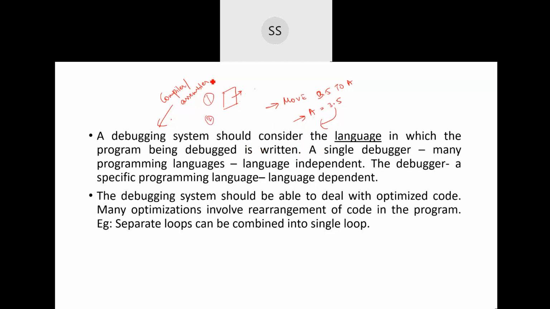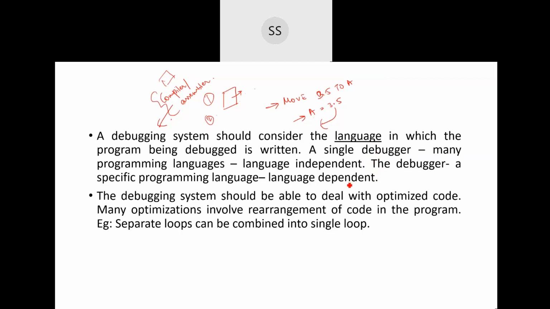The second way is that in your compiler or assembler, you can have modules of the debugging system. Modules in the sense of functions that provide its functionalities. We can provide them built-in in the compiler or assembler itself. So wherever it is required, it can take the help of the compiler and do its debugging process. That is how we solve the issues in a single debugger which is used for all the programming languages. But if you're using a debugger for a particular language, these things needn't be done, because the debugger obviously knows the syntax and rules of that language correctly.